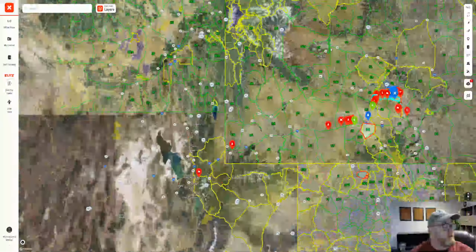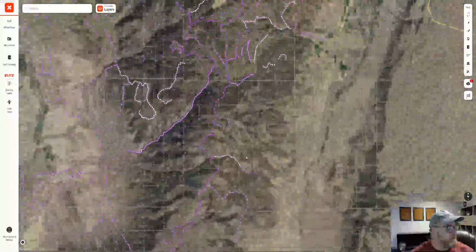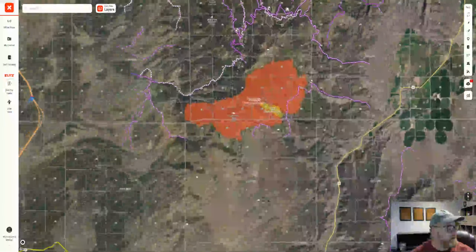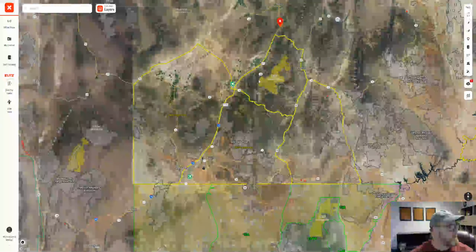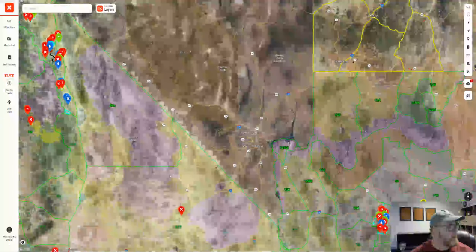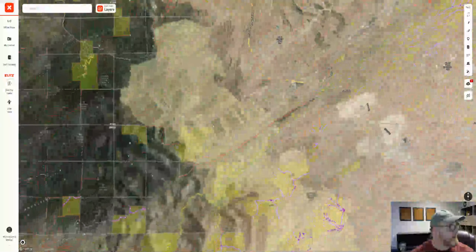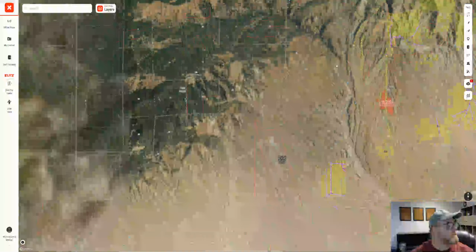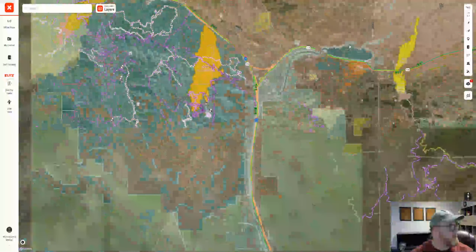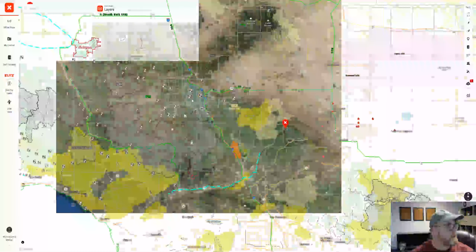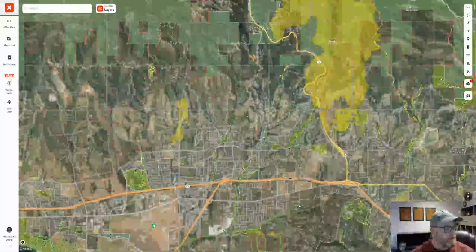I think if we go to downtown Santa Barbara real quick and we zoom in there, let's see. I'm going to have to zoom out and make sure I know where I'm going here. Let's go to downtown Santa Barbara and see what it says. Alright, I've completely messed this up. Here we go. Let's go here